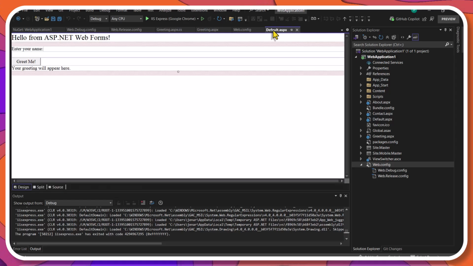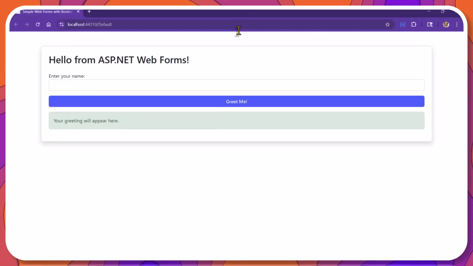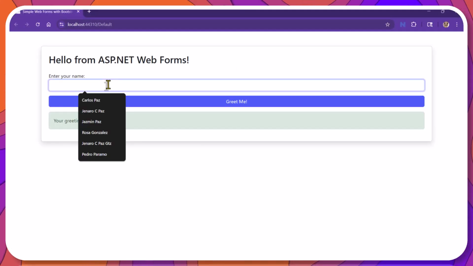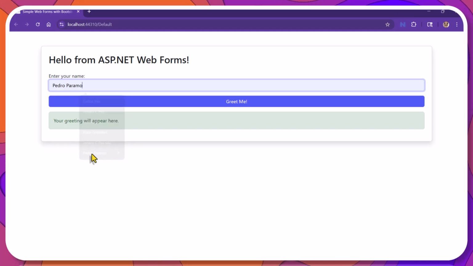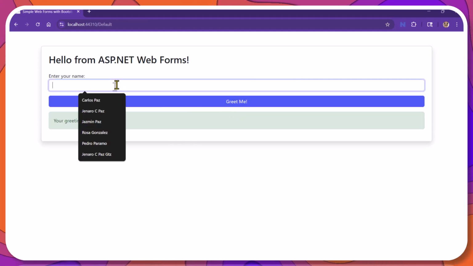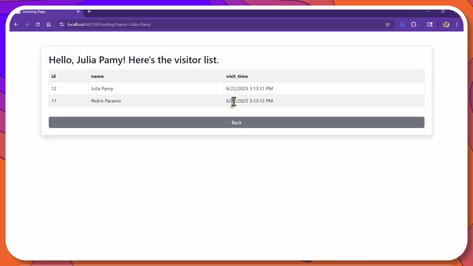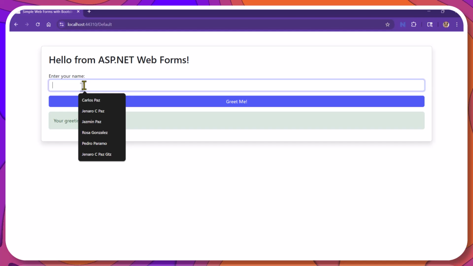With these changes, let's open the app one more time to see how it works. Now all visitors' information is stored in a database and it is available all the time.